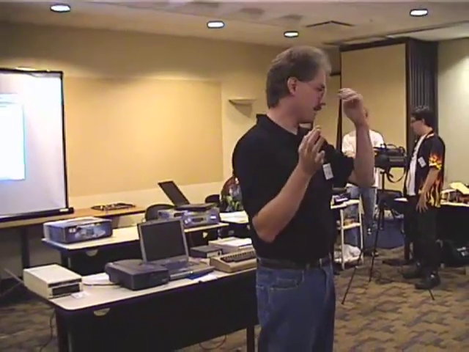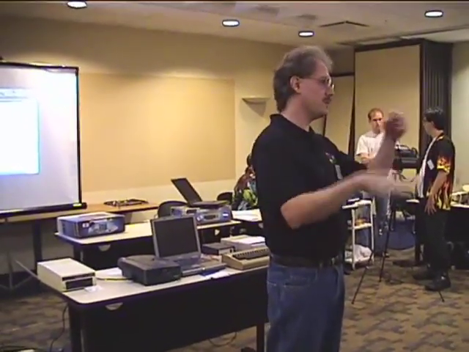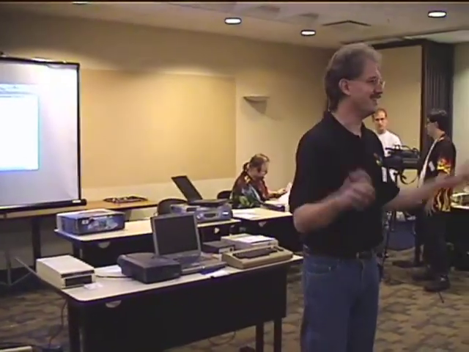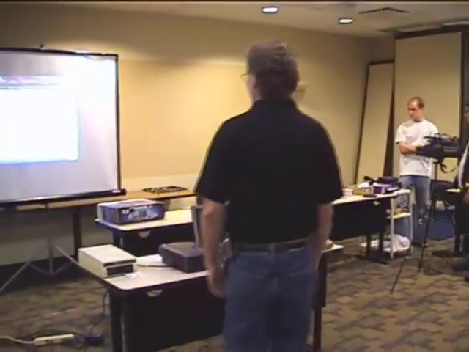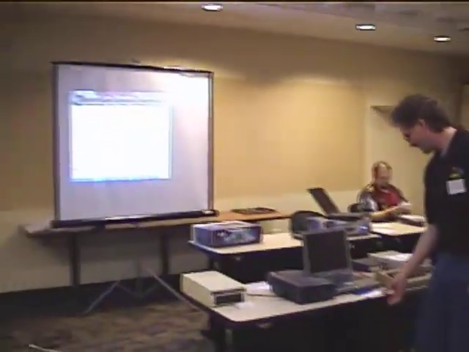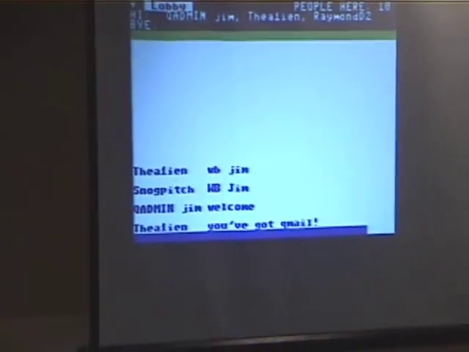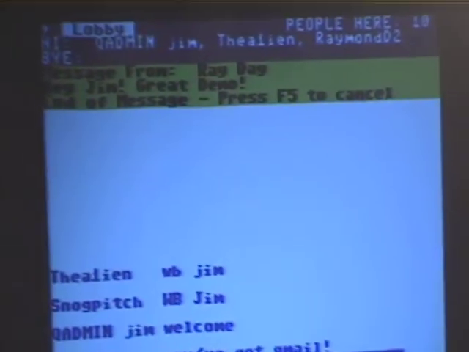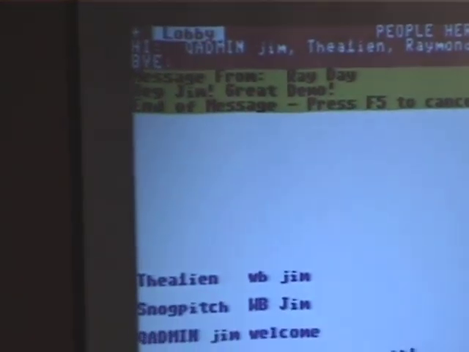So that's the demo. We'll have machines set up in the back where you can play around with the system today. And if you have any questions, we'll be available. The server is operational, should be operational 24 hours a day, 7 days a week. And the information is on that card that you've got. So there you go, Quantum Link, where the new thing is reloaded. I'm done. I'm gonna give you back this thing and you can move on to your next.